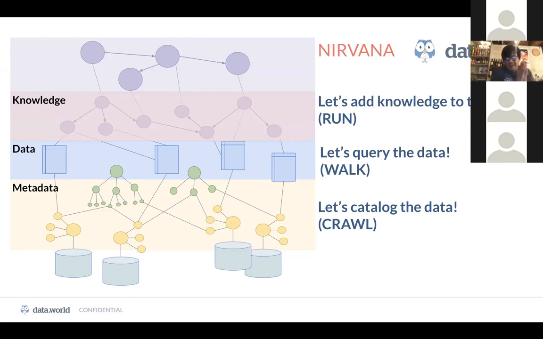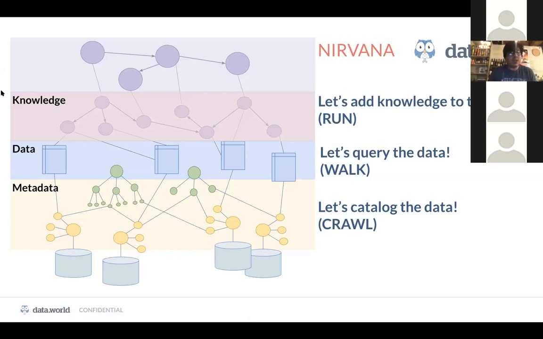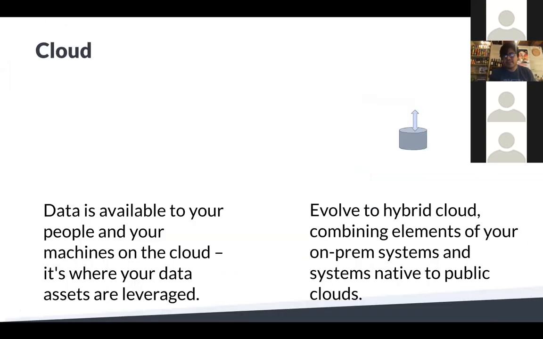So what I realize in practice is that there are a lot of tools that do metadata management. There are a lot of tools that do just data management, virtualization, and federation. There are a lot of tools that do knowledge and knowledge graphs. A lot of people are jumping to the knowledge graph part. I believe that for companies to be successful, you have to go through this crawl, walk, and run approach: metadata, data management, and then you get into knowledge management.